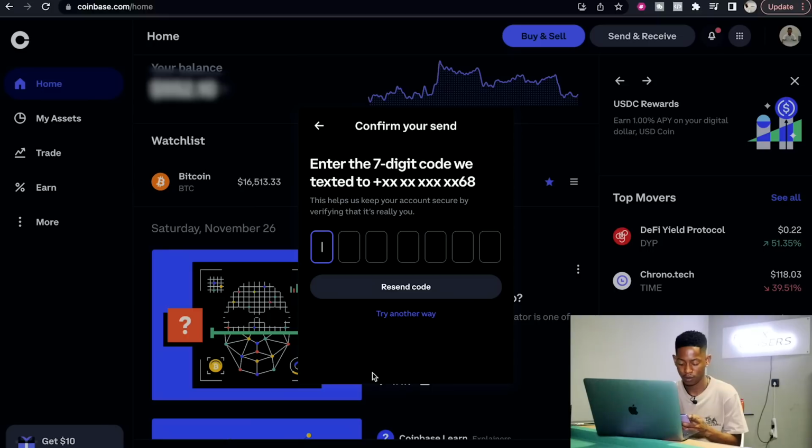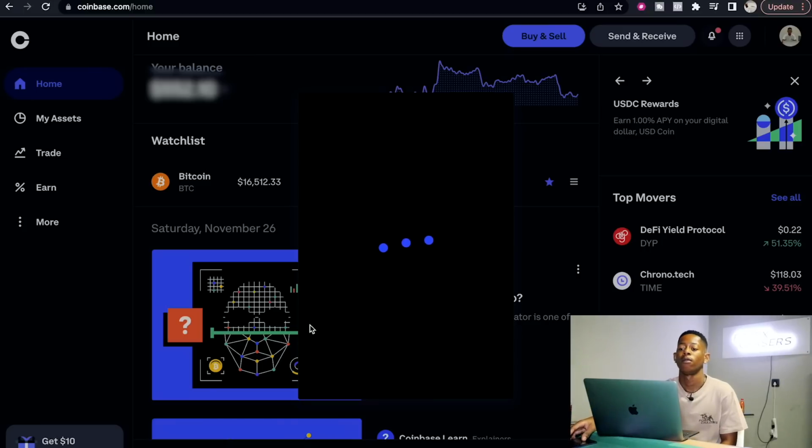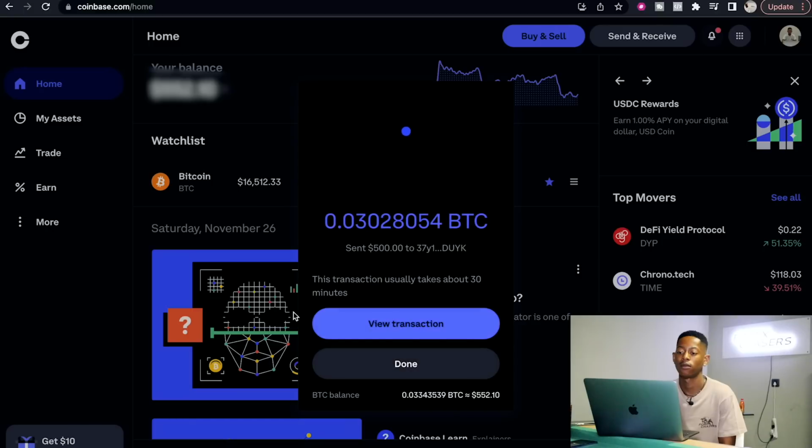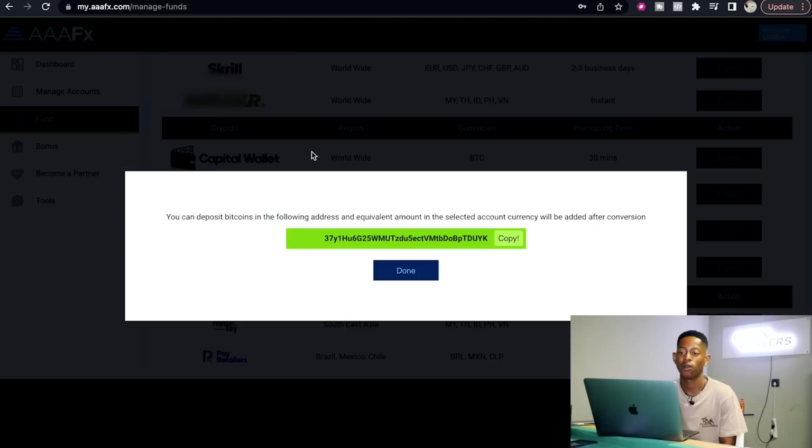Okay, I'm just waiting for this code. There we go. Perfect. Successfully it has sent $500 right here. It can take about 30 minutes to reflect. It's okay. All I'll do is press here on done, and I'll just have to wait for this transaction